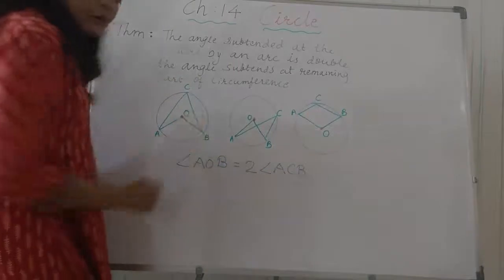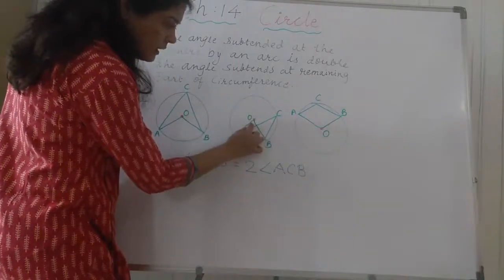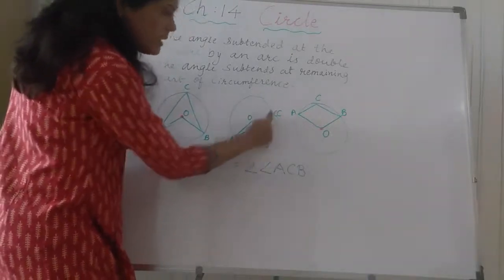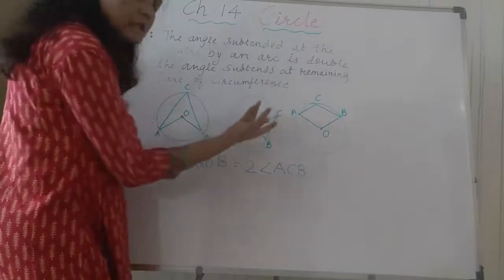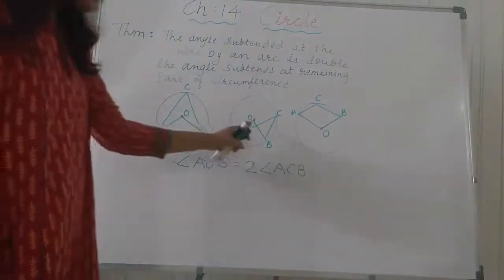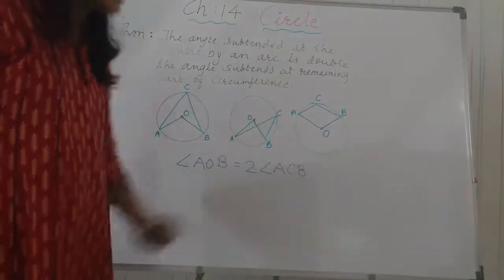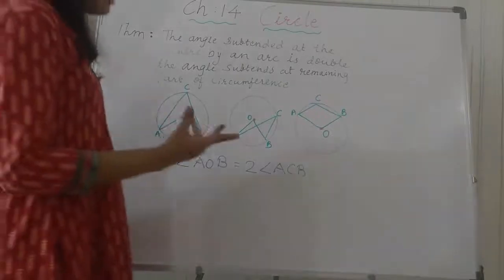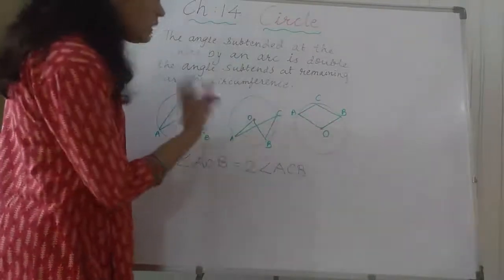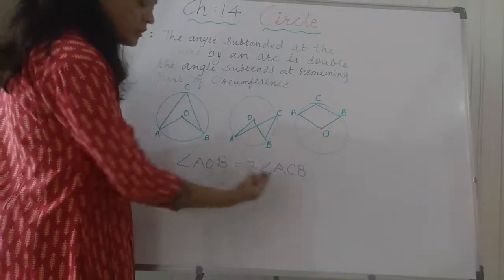Now this is another figure. You see in this figure this is the angle AOB, the angle at the center, and from the same arc the angle ACB is drawn in this way, but it is correct only, it is drawn at the circumference, you can see. So angle AOB is again double, or you can say twice, angle ACB. तो देखो these are the different figures और आपके एक्सरसाइज में इससे भी अच्छे फिगर्स आपको दिखने वाले हैं जिसमें आप देख सकते हो ये रिलेशन.